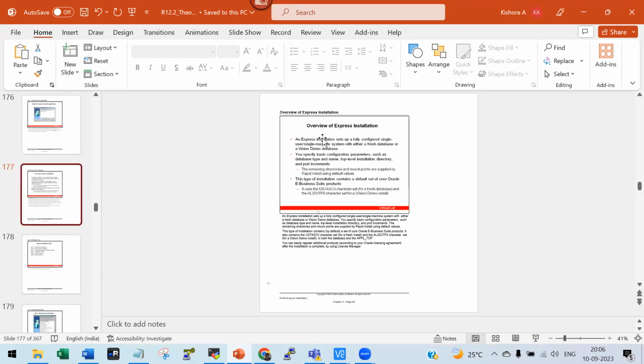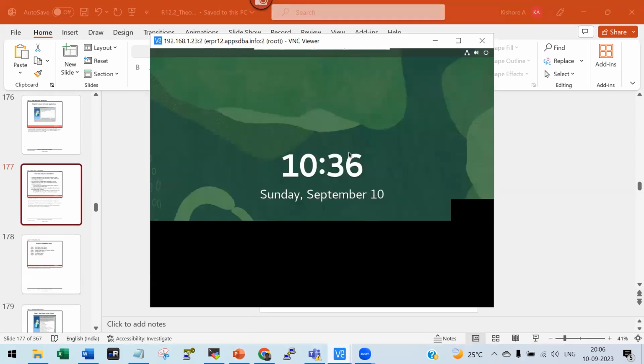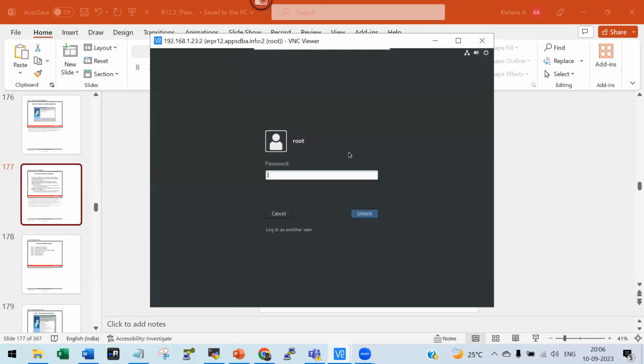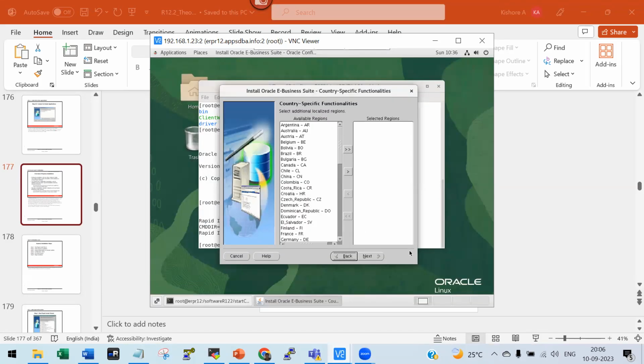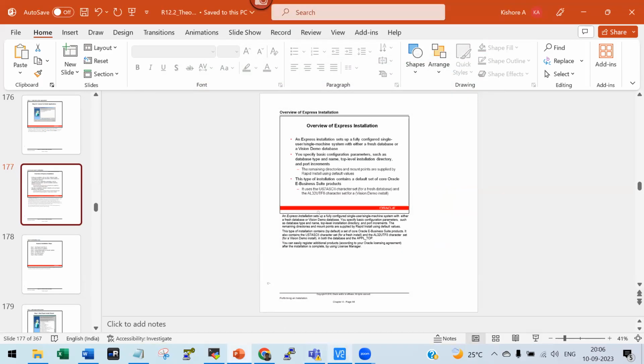So I don't want to show all of them. So you go to this screenshot, you go to this screenshot, and you say next and you continue with installation. The installation will be completed. And I completed it for you because I don't want to show 8 hours. I cannot make you stay here. So that's the reason what I did in another